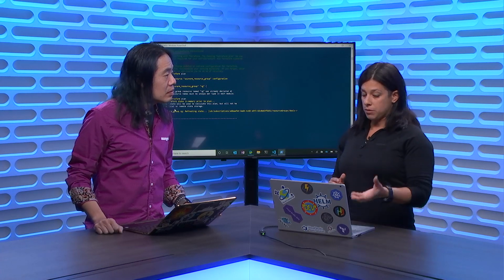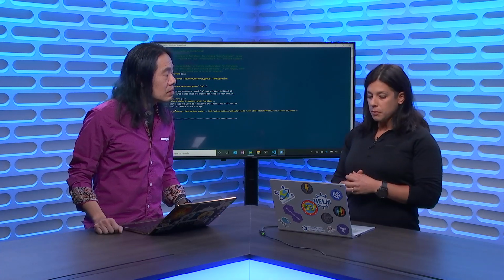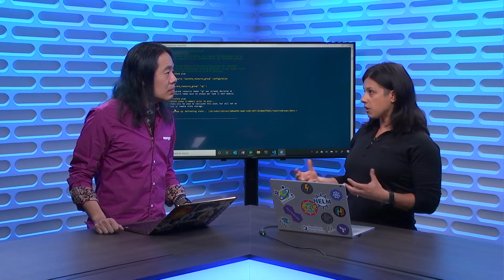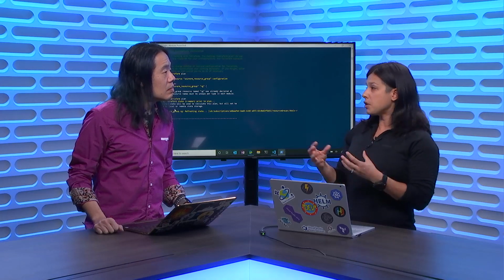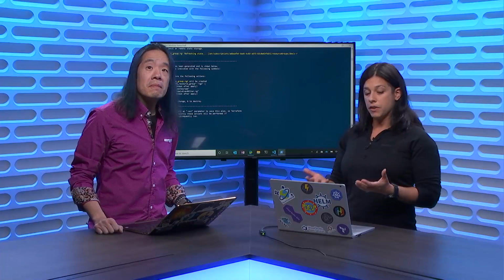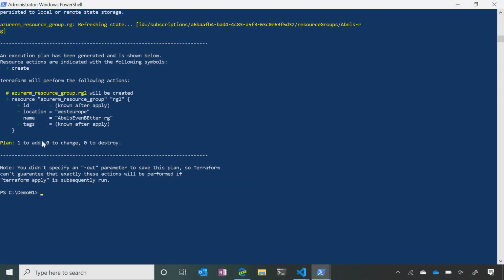Right. So that's running. It's refreshing the state file as we speak. And it's actually not persisting anywhere. It's just reading the state file. So we haven't actually made any changes to our environment, and we haven't made any changes to the state file itself. Okay. So we can see here, if you look at the screen, it's going to add one resource. So right here, where it says plan to add one resource. Okay. So when I hit terraform apply,